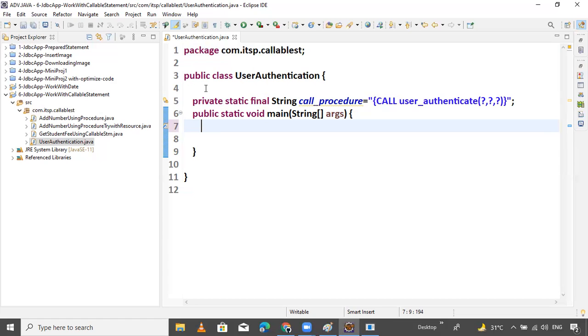So now come to asking the user, like, read the input. Suppose...